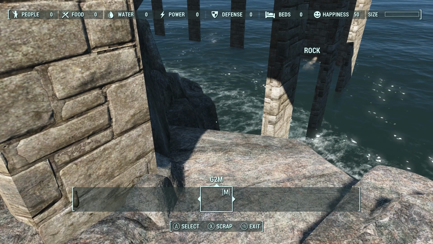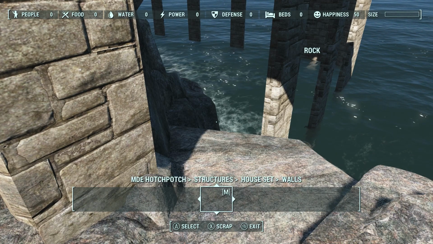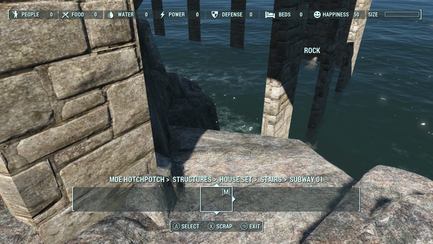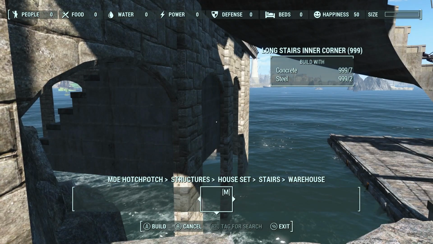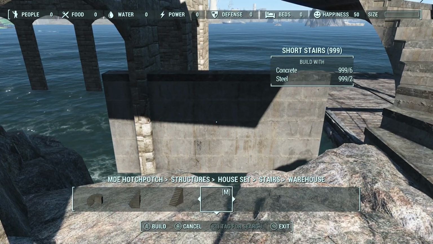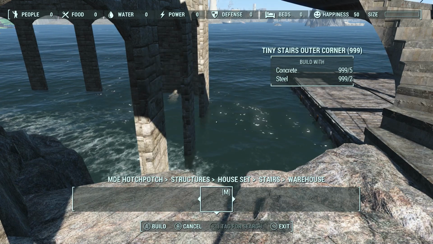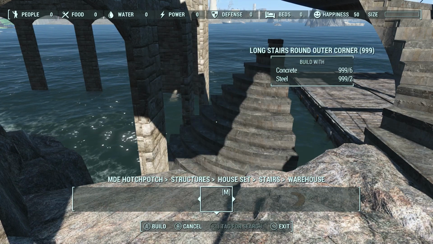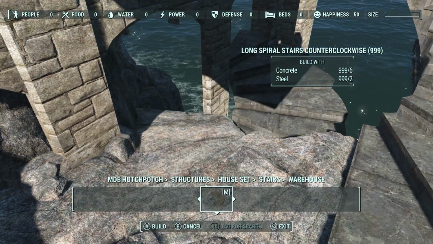Where am I going to? Pachi Pachi. Structures, house. Ooh, no, this is right past it. Bars. There we go. And again, I'm going with the warehouses. Throwing some ideas around in my head here. Don't necessarily have to make